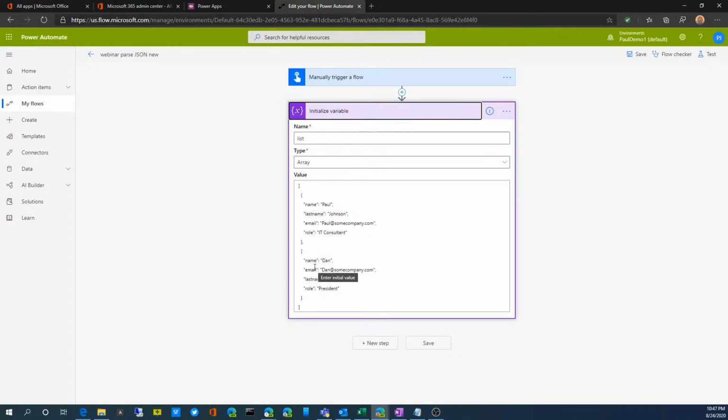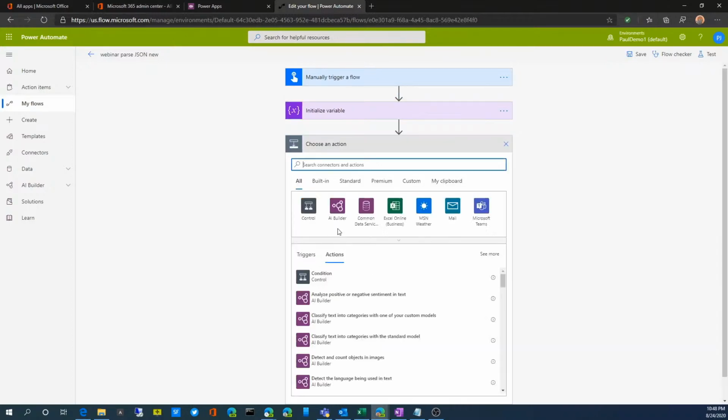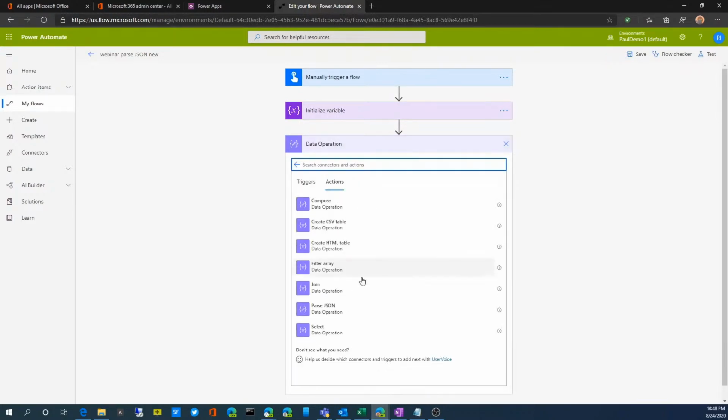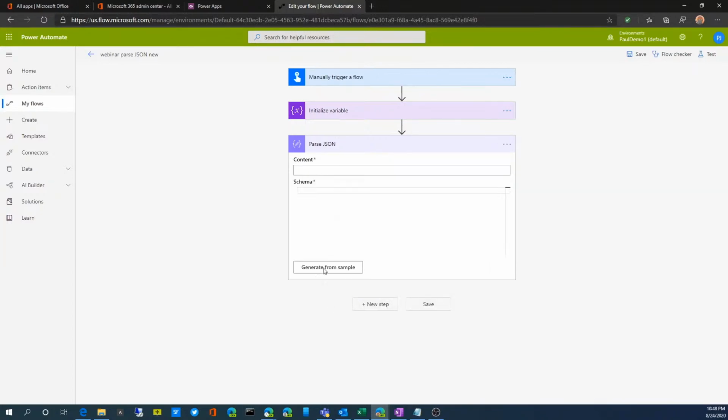And then I have a second record within the array with the exact same fields, as you can see. But the important piece here is now we need to add a parse step to this. So what we would do is add new step, and we would select built-in and select our data operation, and we want to select parse JSON. First thing it's going to ask us is what is the content. So we're going to click on that field, and we have to go add dynamic value,